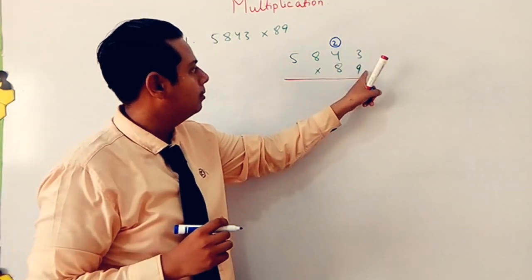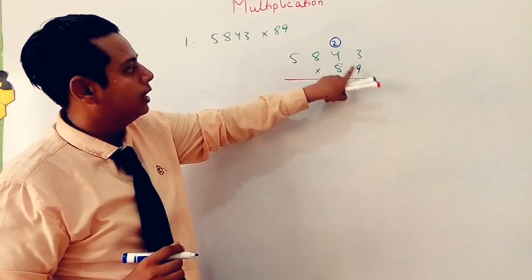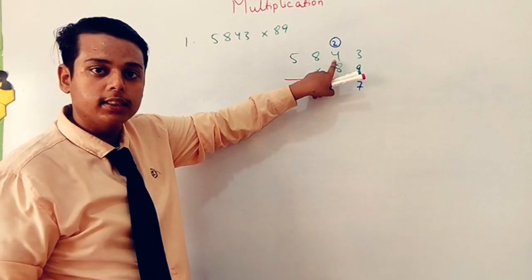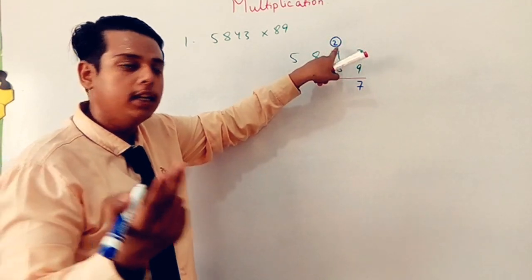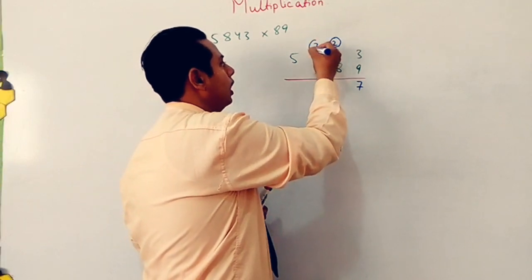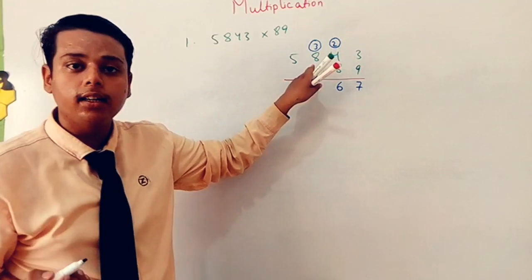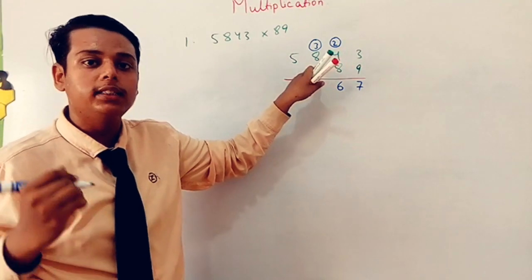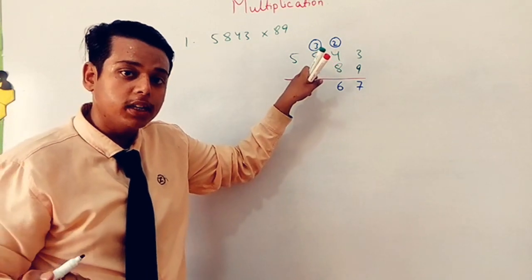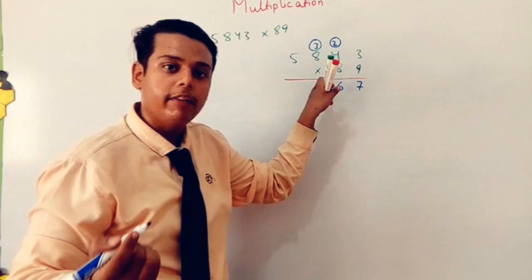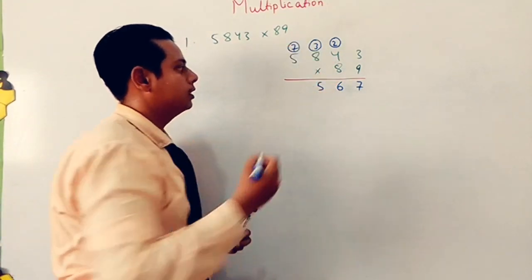Fine. And 7 simply over here. Then the second 9, but now we have to multiply the 9 with the 4. 9 4s are 36, and then we just add up the carry as well. 36, 37, 38. 3 as a carry now, and 6 down. Then 9 8s are 72. In 72 we need to add the carry as well. So 72 plus 3, what will it become? It will become 75. 7 as a carry and 5 as a number simply.